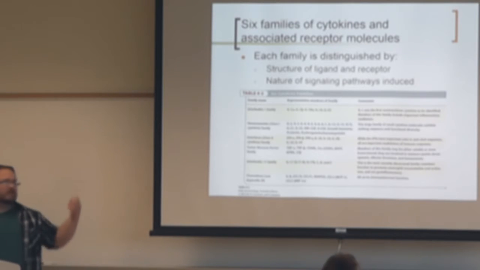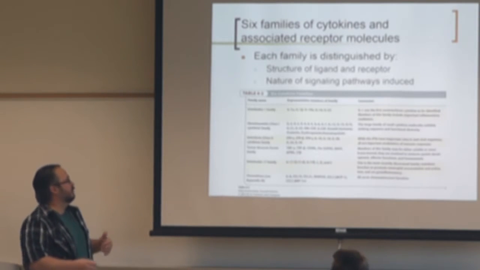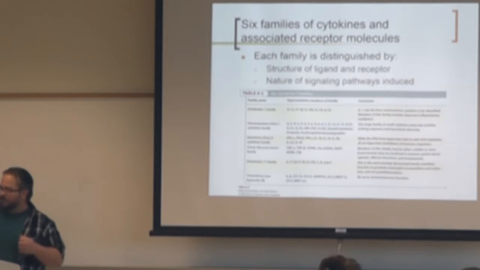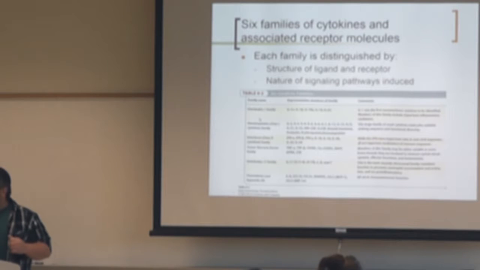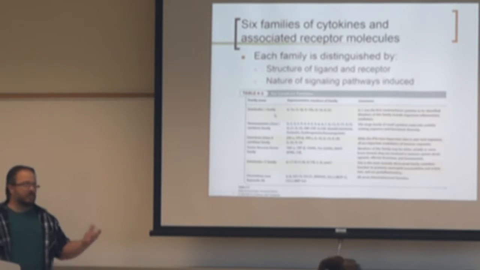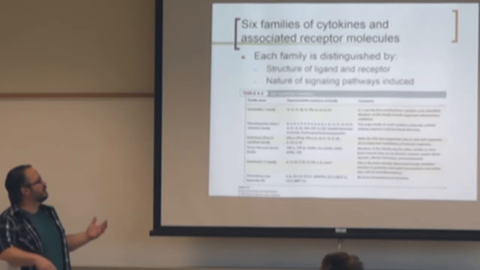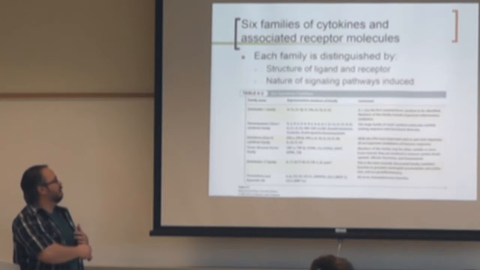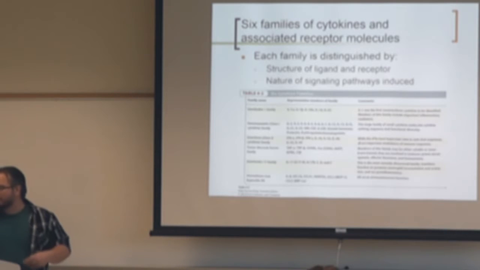Okay. So then we break cytokines down into six more families, I guess we're going to call them, based on structure and a little bit of function. We have our interleukin-1 family, some of the earliest cytokines. They call them interleukins because they communicated between leukocytes, or white blood cells. And these are your inflammatory cytokines like IL-1 alpha, beta, IL-1 receptor alpha, and IL-18, IL-33. So most of these are involved in inflammation.